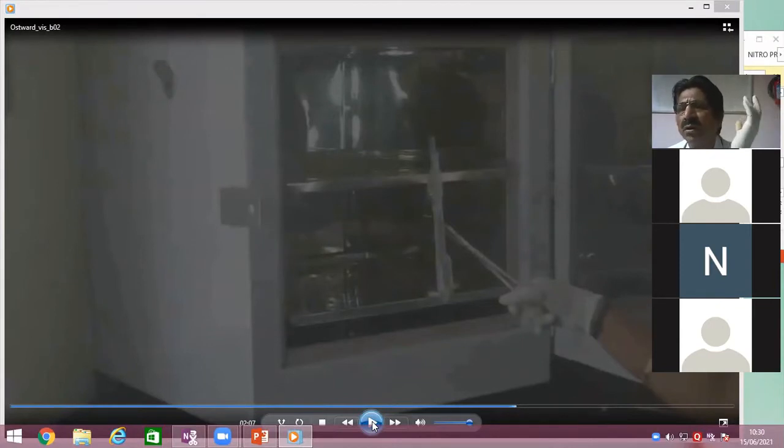Once the first liquid, water or the known liquid, is completed, you have to remove that liquid. Once again, you have to wash with chromic acid. If not chromic acid, at least with water, and then store and dry. So this is a dryer, what you can see on the screen, and hence you have to dry it.